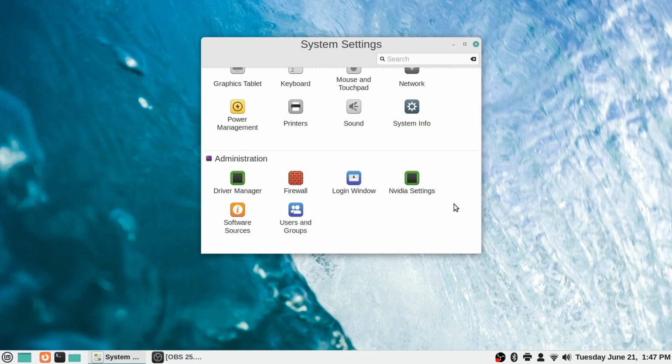Alright, so the last section that we're going to cover here in the system settings is this administration part at the bottom here. Actually, we've already covered most of these in earlier videos when we were talking about the welcome screen. So sections like the driver manager and the firewall, we've already talked about those back in the early videos. If you missed those, go ahead and check the playlist down in the description, and it will give you info